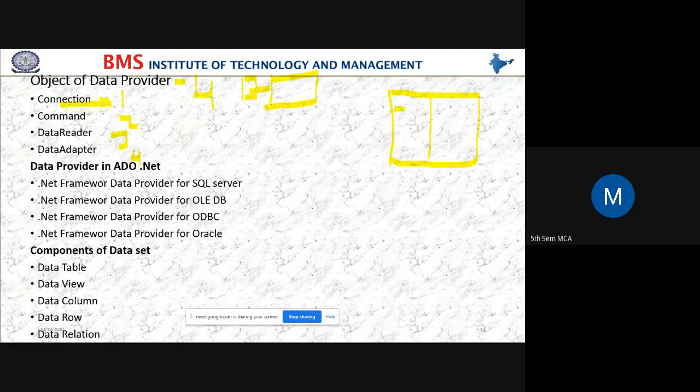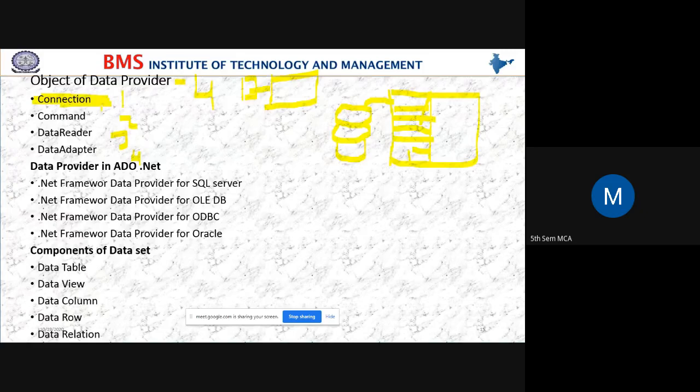When I'm creating a registration form, once I create it and click on the submit button, the data will be stored in the database. Is it right? The data will be stored in the database. So how will the link happen from the front end to the database? How does the connectivity happen? With the help of this connection string only. With the help of this connection, we can connect the front end and the back end.